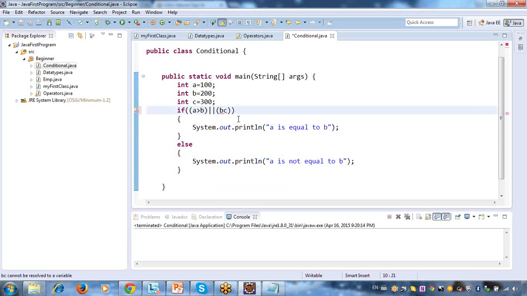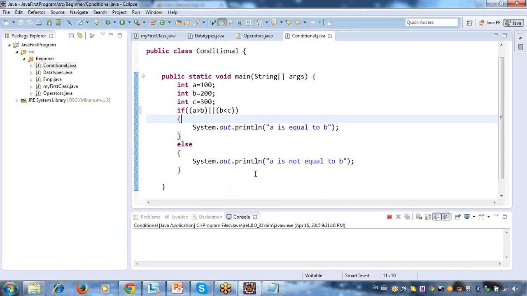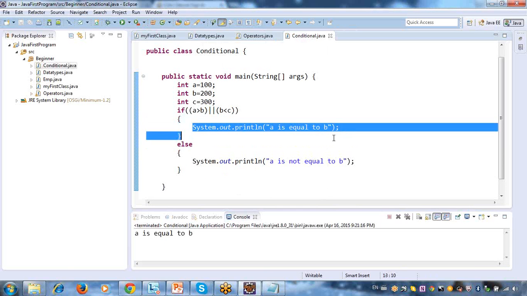Now let me change this one. Now it should go here because A greater than B, A is 100 but B is 200, so this is false. But B is less than C. Yes, B is 200 and C is 300. That is correct. So this is false and this is true.